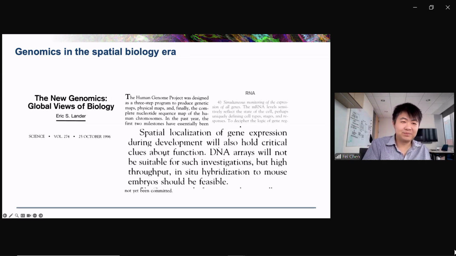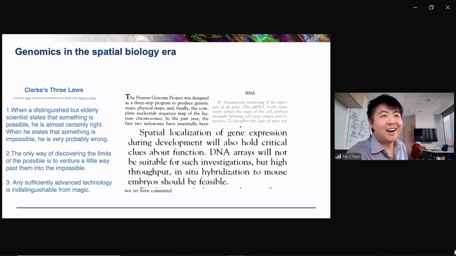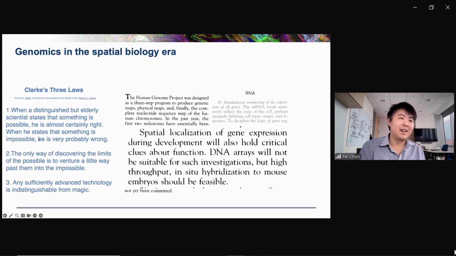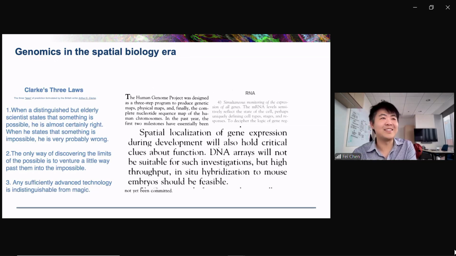This also reminded me a little bit of, I'm a big science fiction fan, and maybe some of you know this, but there are these famous three laws that Arthur C. Clarke put into one of his books. And I think many know number 3, any sufficiently advanced technology is indistinguishable from magic. But I think these first two might really apply here in this context. All right, so enough of this digression.